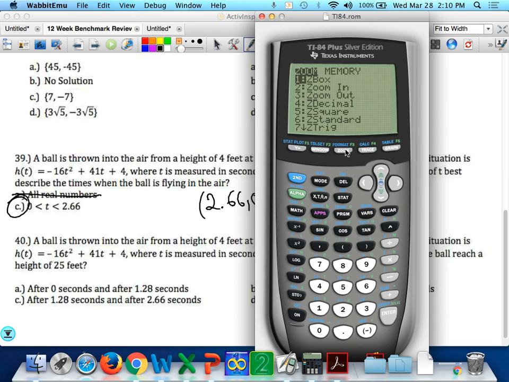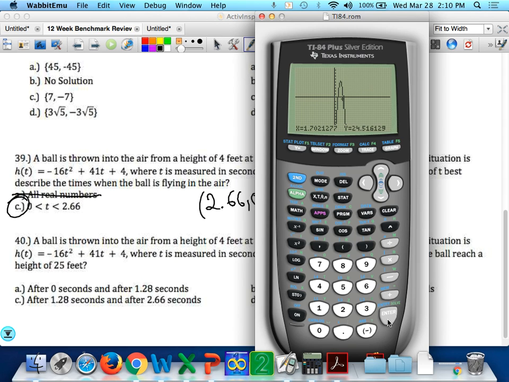Okay? I can't quite see it, so I want to zoom in on that one specific piece. You could also zoom box this, but you can see I'm moving my cursor up over there to that spot that I want to zoom in on, and I press enter. Okay? So there's my parabola. Here comes that line of 25 feet. So you can see our ball actually was 25 feet high